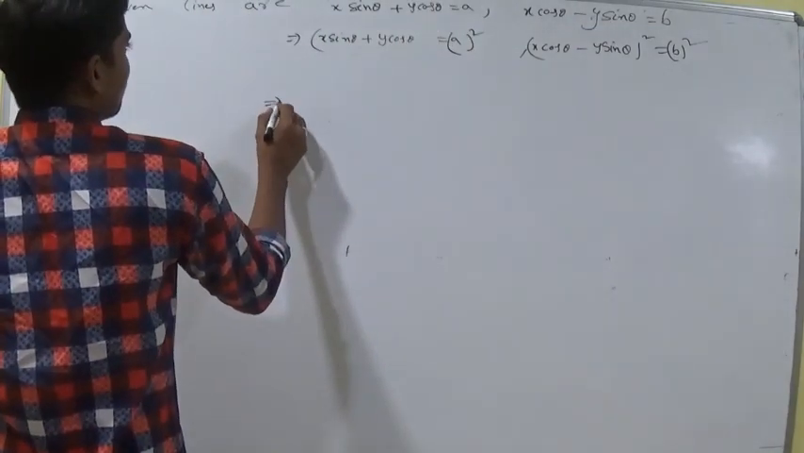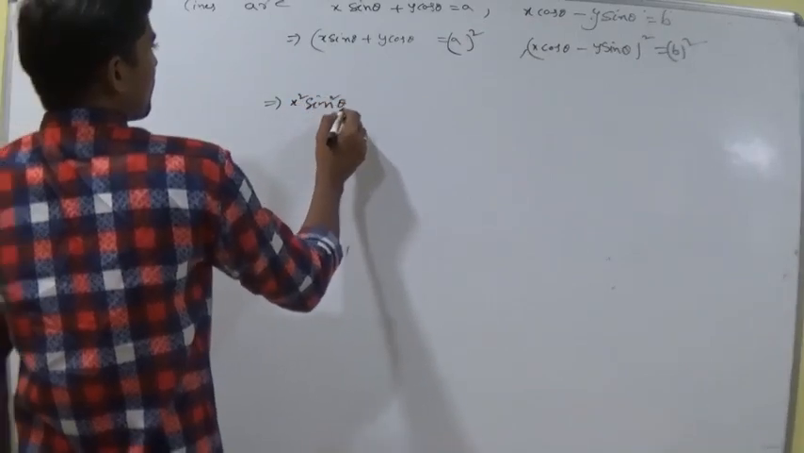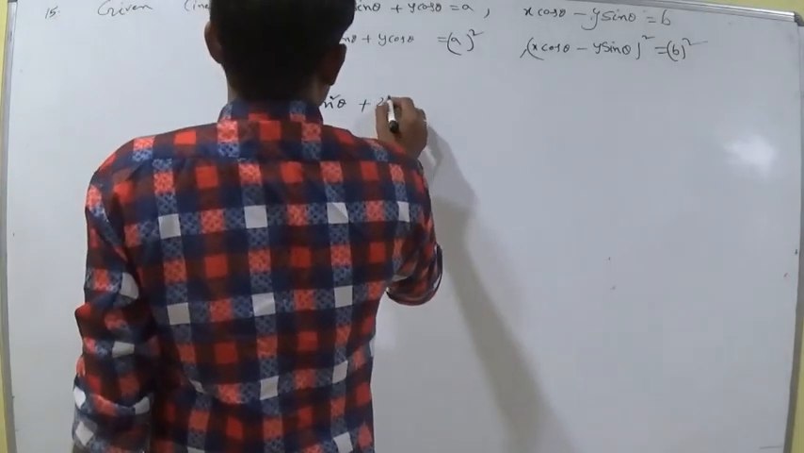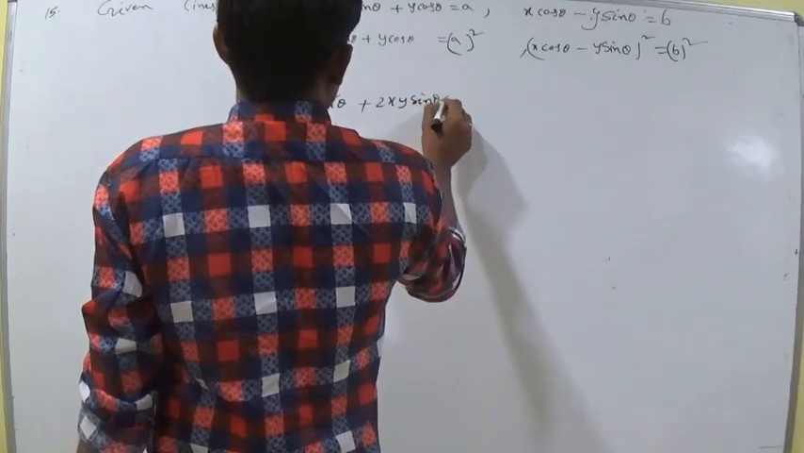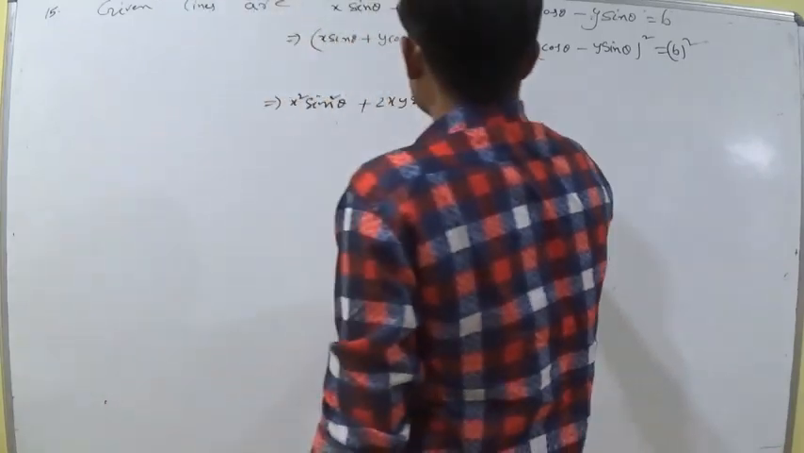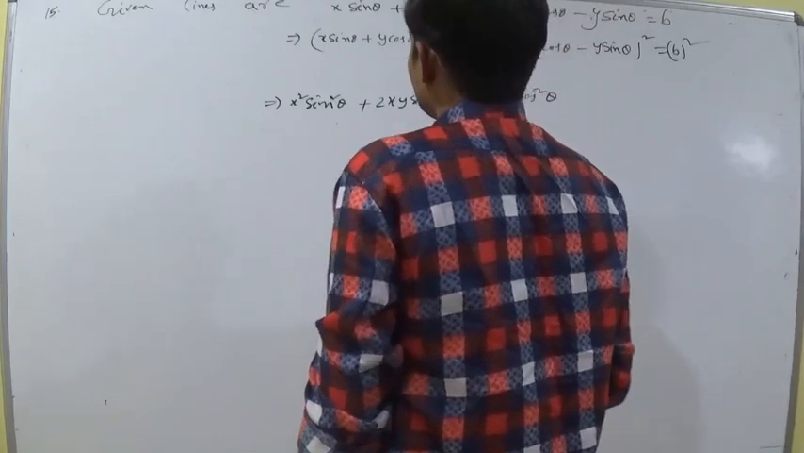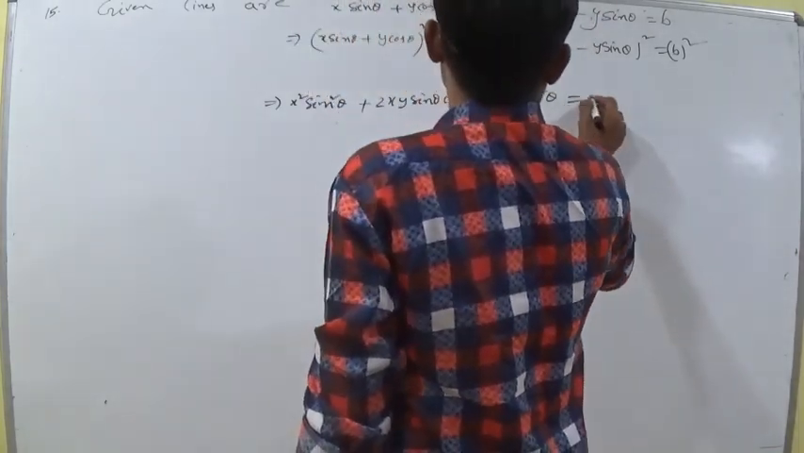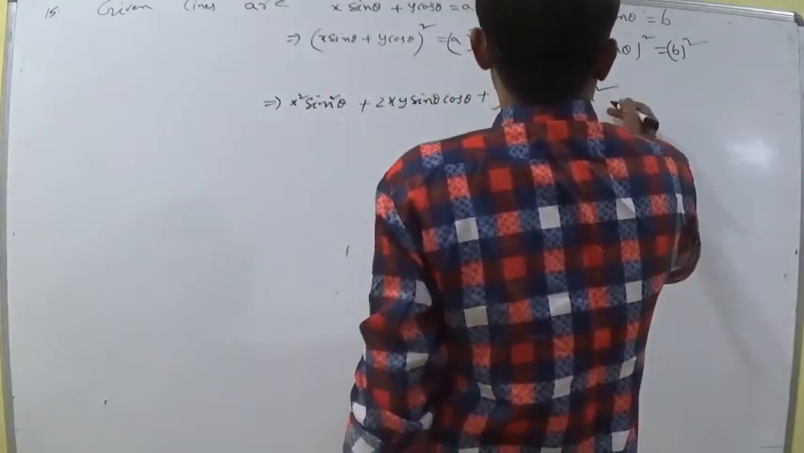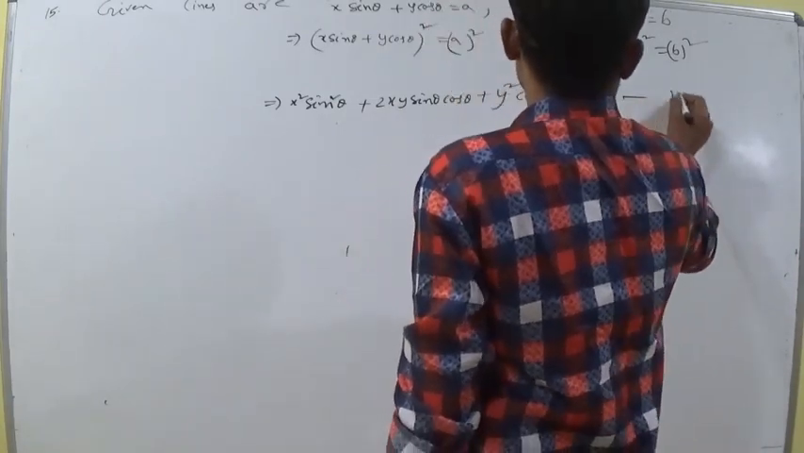Now x square sin square theta plus 2xy sin theta cos theta plus y square cos square theta is equal to a square. Now this becomes, suppose this is 1,